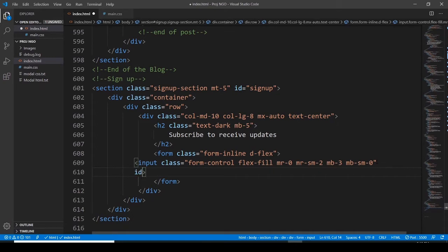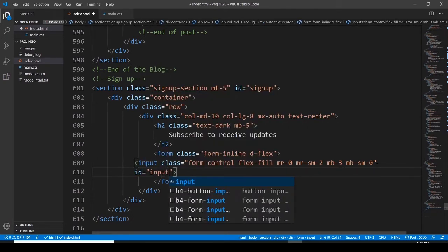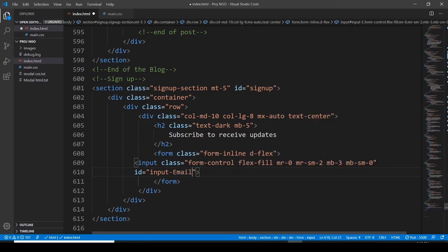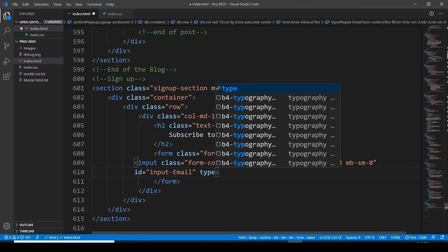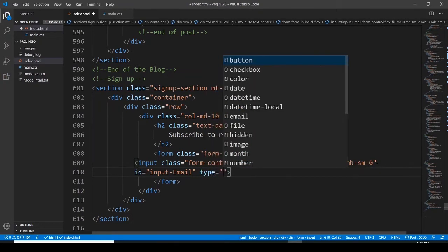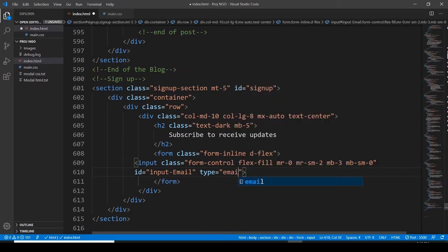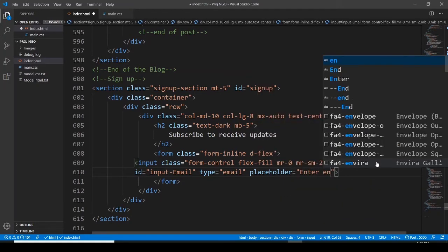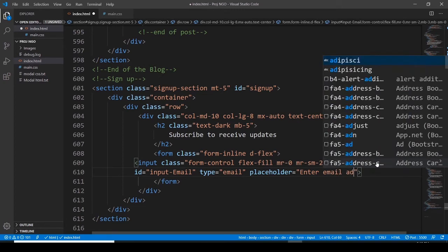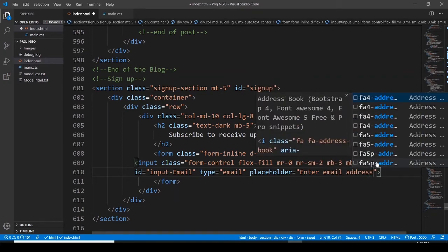and then let's go with an ID of input email, and the type of this would be email, placeholder, and then enter email address,